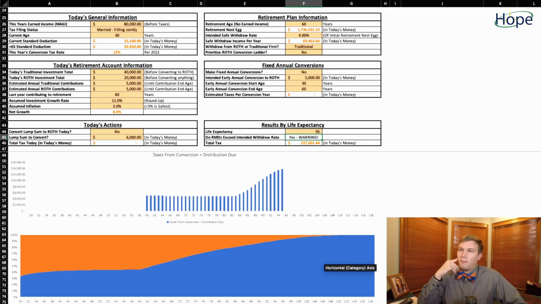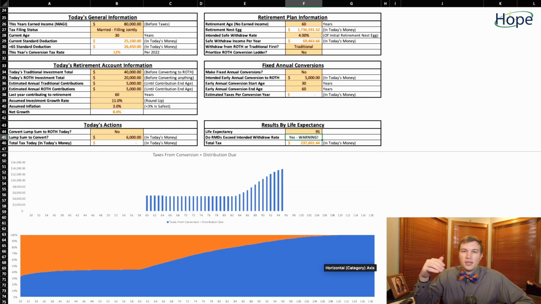So what can we do to fix this? Well, first, what we could do is consider rolling over a lump sum of the traditional money into the Roth money right now. Now, if everything is invested in an employer-sponsored retirement account, they're going to need to talk to the manager of their 401k, 403b, whatever it may be, and ask if this is something that's possible. For some people, it's not. And just because it isn't a possibility now, if you ask, it doesn't mean it can't become a possibility later.